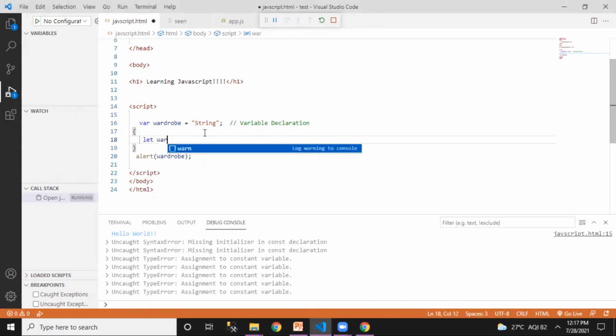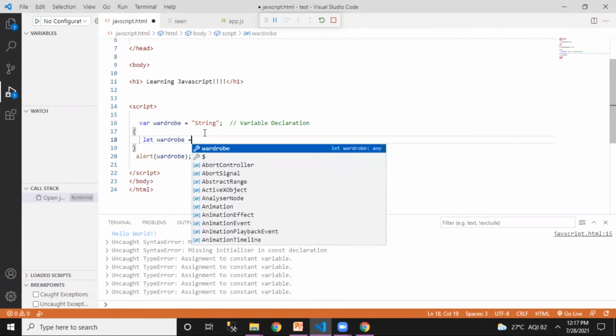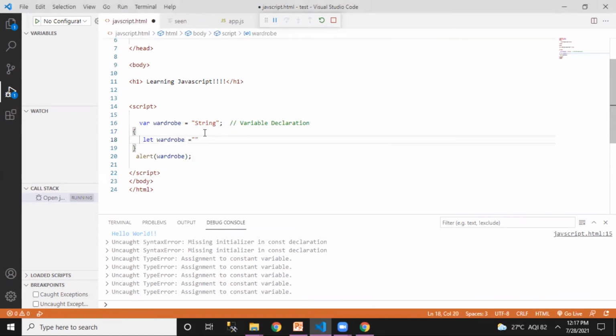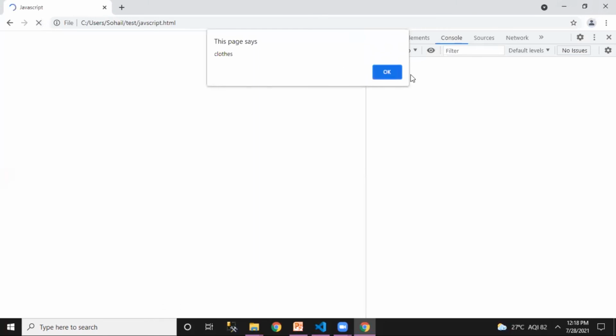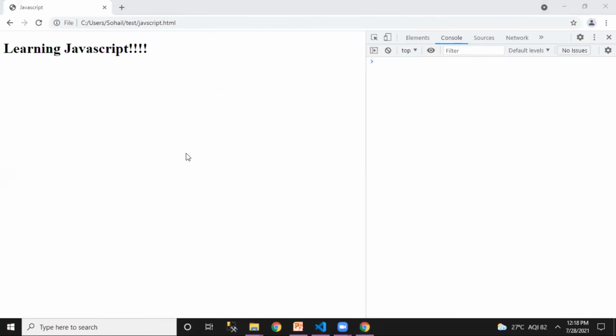Instead of var, I'll be using let, and I'll give the same variable name, wardrobe, equal to something else, that is clothes. Now I'll be printing this alert wardrobe over here, inside this block. So what do you think will get displayed? Whether string will get displayed in the alert or clothes will get displayed? What do you think? If I go and refresh it, clothes is getting displayed, and this is because it has